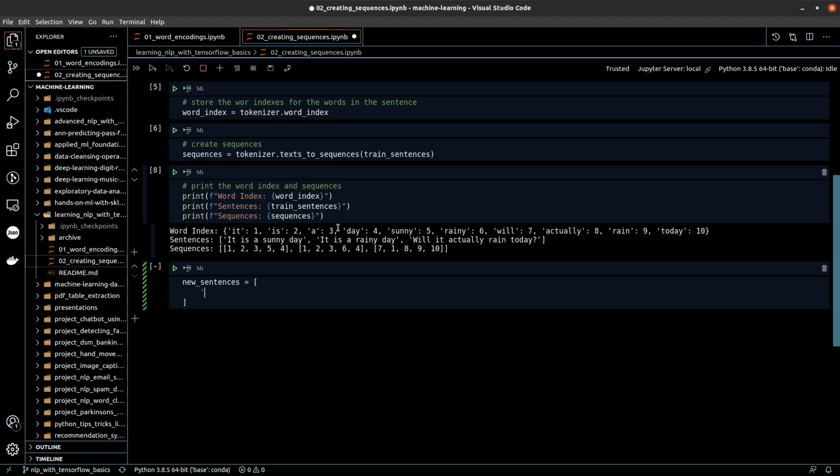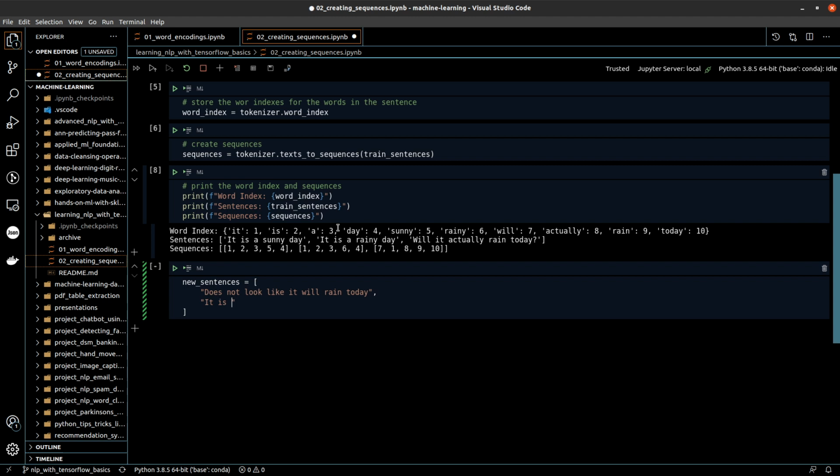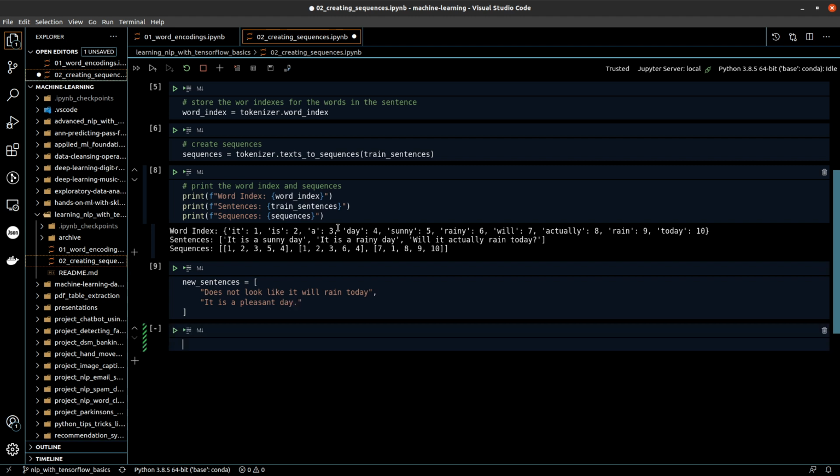Okay, so let's define it. Does not look like it will rain today. Okay, let this be the first sentence, and then it is a pleasant day. Pleasant day. Let the 2 new sentences be these, and then we will again call the text to sequences